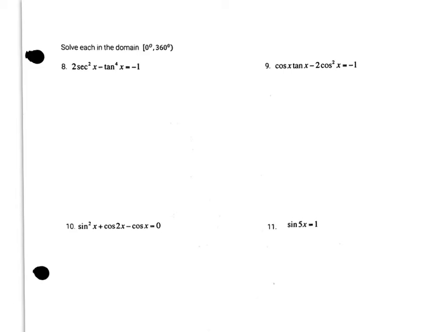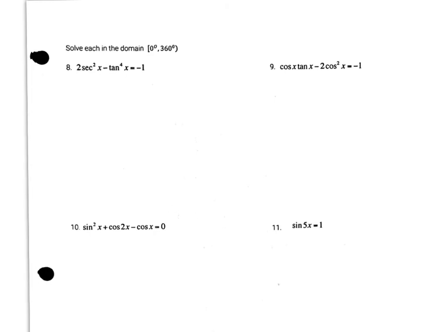So for number 8, we're going to take that secant squared, because the word tangent we can't really change. And we're going to look at the Pythagorean identities, and this is going to be, the 2 stays there. We're going to have tangent squared plus 1 minus tangent to the 4th, which I know seems weird. I'm going to move the 1 over and set this thing equal to 0. Tangent to the 4th I really want first, so that's negative tangent to the 4th, which I'm going to have to fix. Distribute this, so then we have plus 2 tangent squared